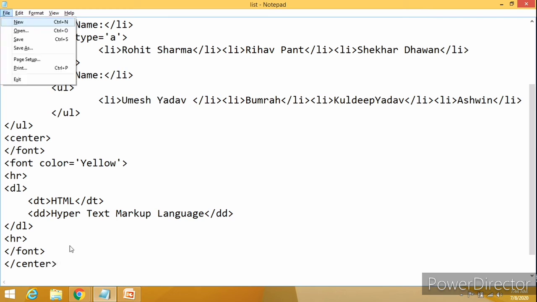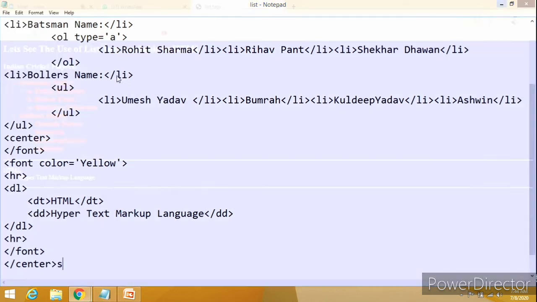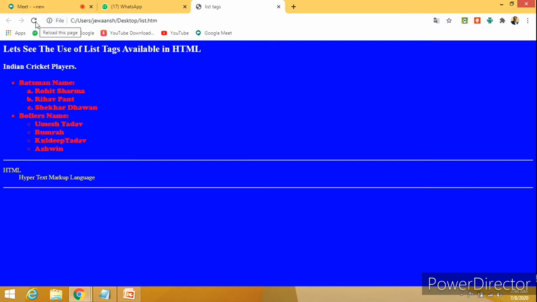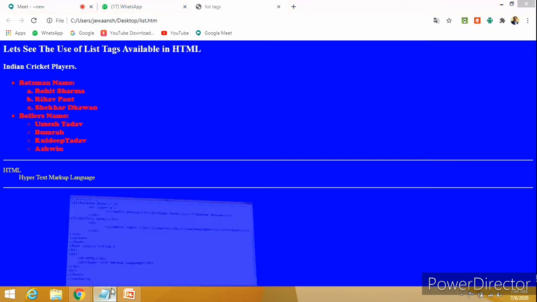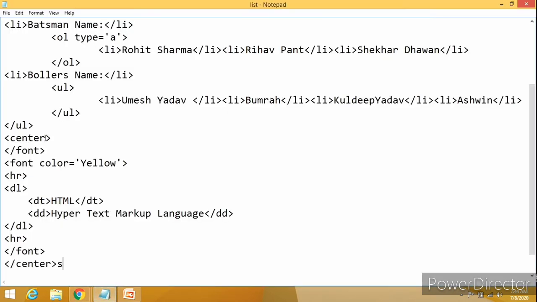Let us see whether we are getting it or not. Did you get the output in the center?